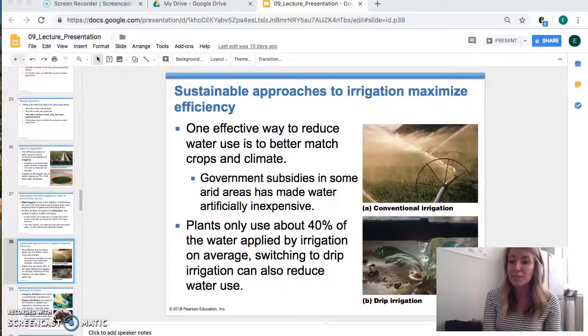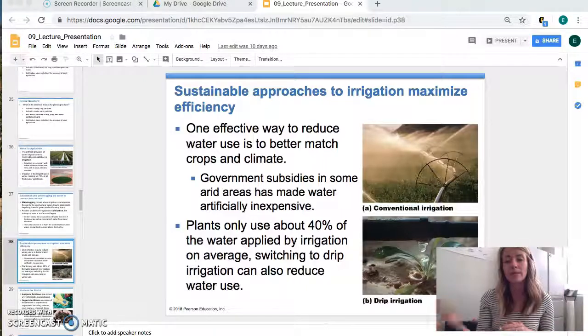To the water artificially inexpensive comment: normally it would cost an exorbitant, huge amount to water plants like rice in a dry climate, but since the government is providing subsidies or funds to do that, it doesn't cost as much to grow the crops there. So the water is artificially inexpensive because they're being helped to pay for it. That is what allows us to grow these crops in a drier climate, which is really hurting the soil in the end.